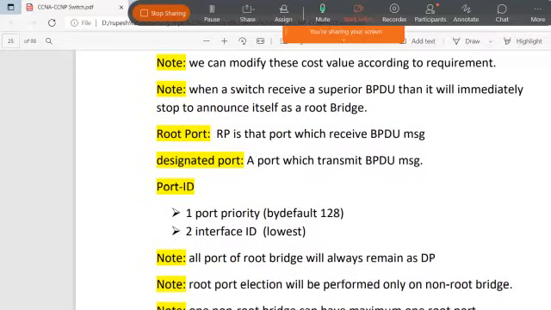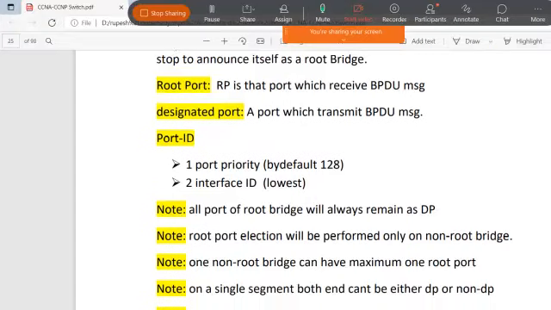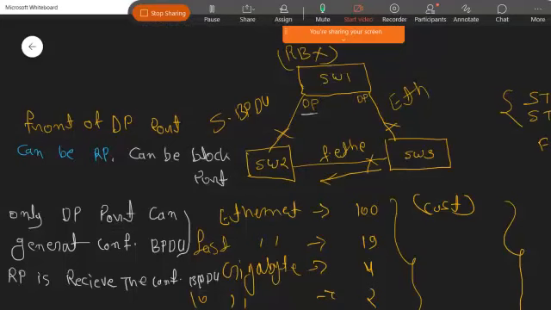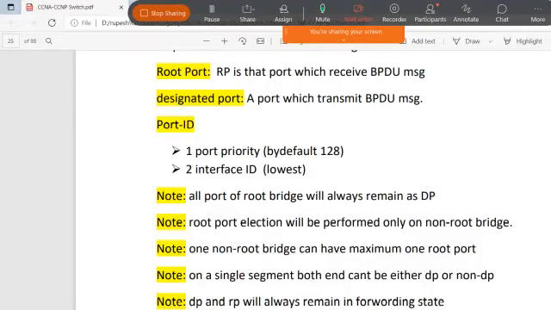Now, what is the port ID? I think we have done that. All ports of a root bridge will always remain as DP. If my switch is the root bridge, then all the ports of the root bridge elect themselves as DP ports.